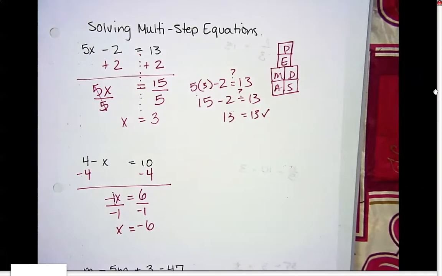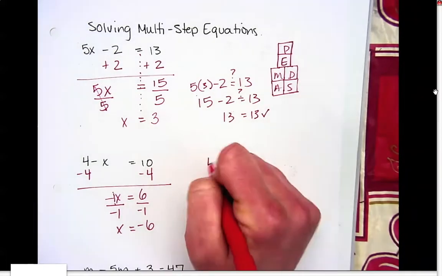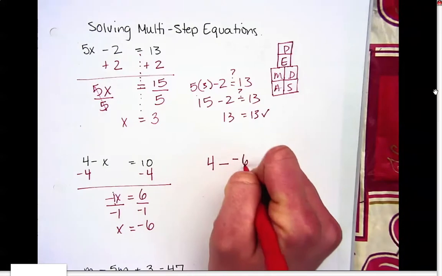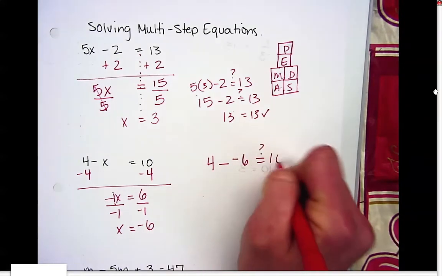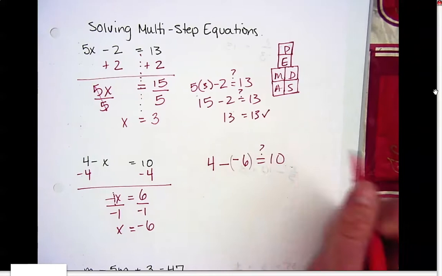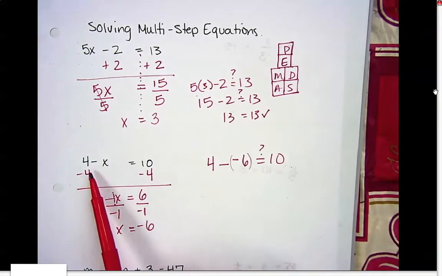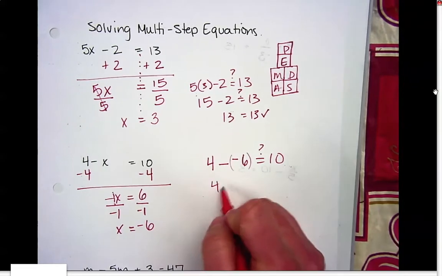So I want to check that to see if it works. So I'm going to plug it in. 4 minus negative 6, I want to know, does that equal 10? All right, and I'm just using some parentheses. I know they're not in the original problem, but just so my minus and negative sign are not right next to each other. So I've plugged it in, and now